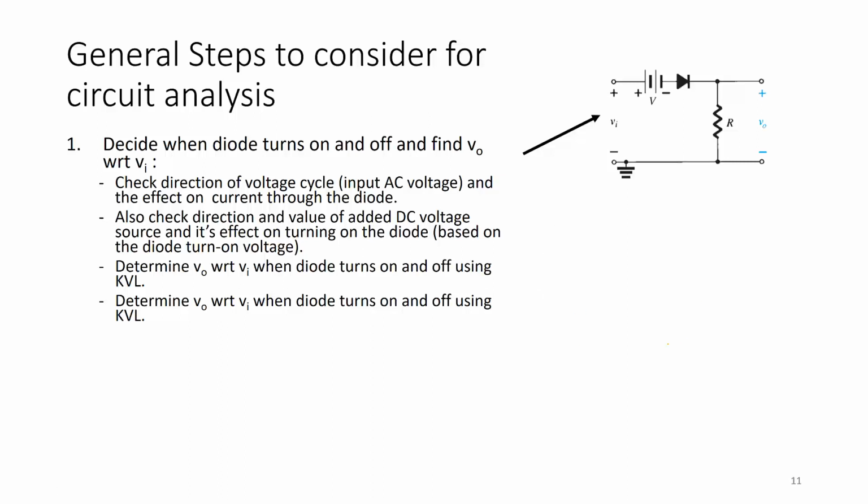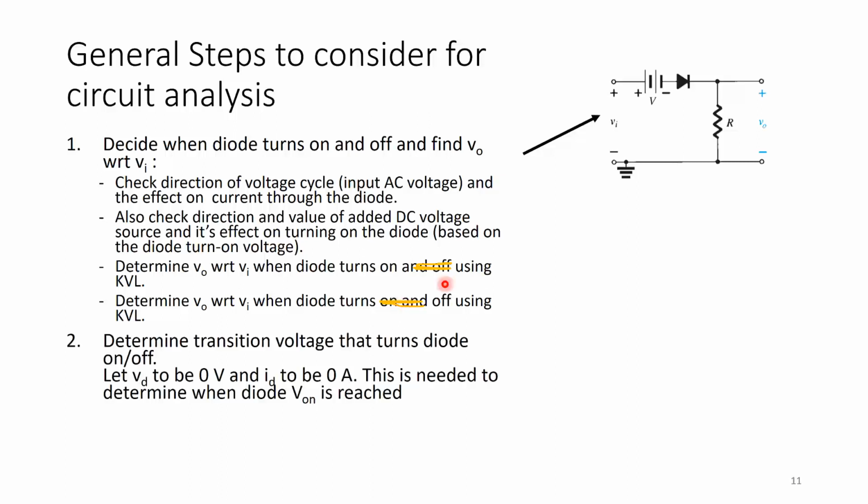Okay. First you find, if I can find my pen. First you find it when it's on, and then you find it when it's off. Okay. Then next, once you know what the expressions for V out is with respect to V in for each